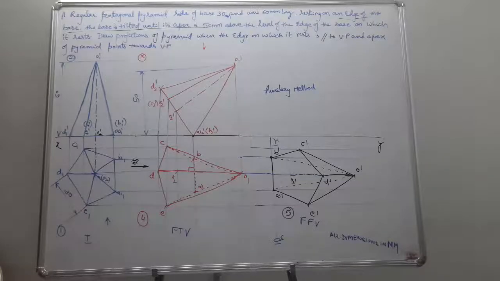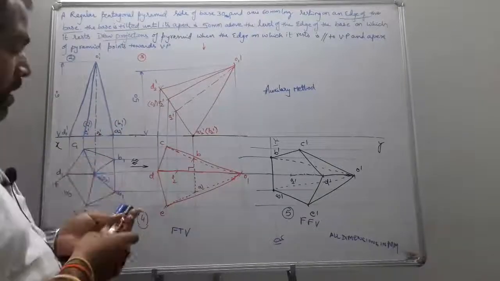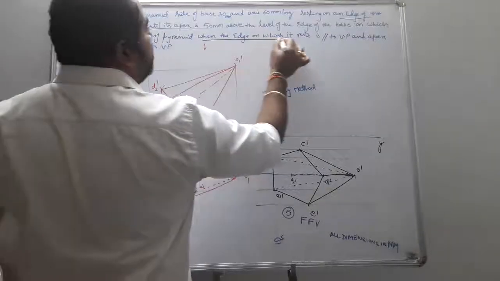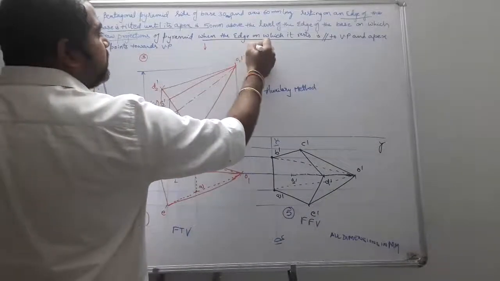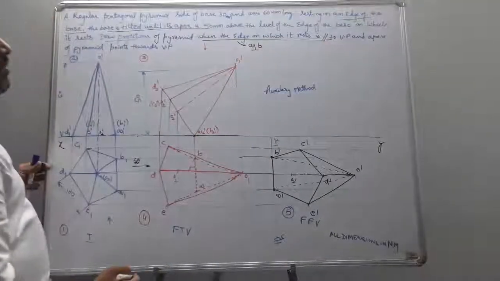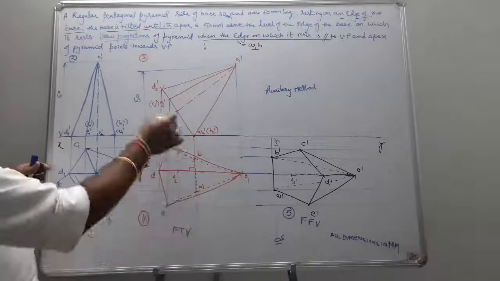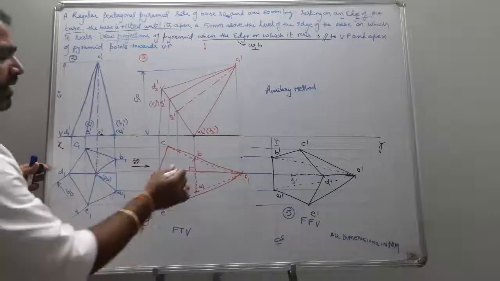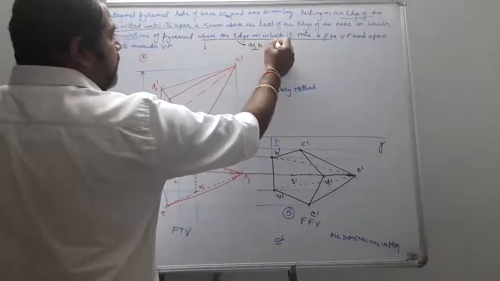Step 5 is very similar. Students, we already discussed the auxiliary method. What you just do in step 5 means our question is to draw the projections of the pyramid when the edge on which it rests is parallel to VP. The edge on which it rests is nothing but AB. This edge AB is going to become parallel to VP. So here my AB is going to be perpendicular to VP, that is XY. I should make it parallel to VP, which means this AB in step 4